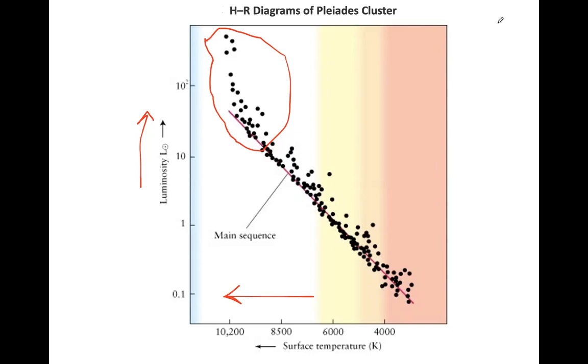So please go back and check your previous notes. The main sequence is also a mass sequence, which means all the high mass stars will be located in this region. And when you go down the main sequence, the mass becomes lower and lower. Remember that the sun was somewhere here, which is one solar mass, and the stars in this region right here are the stars with the highest mass.